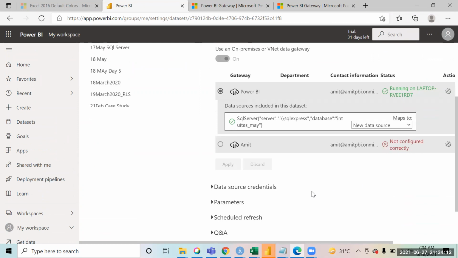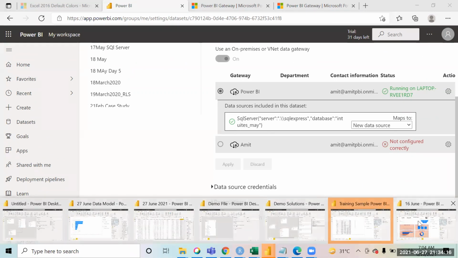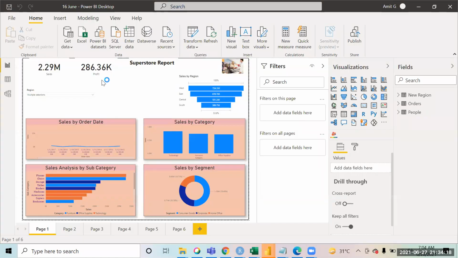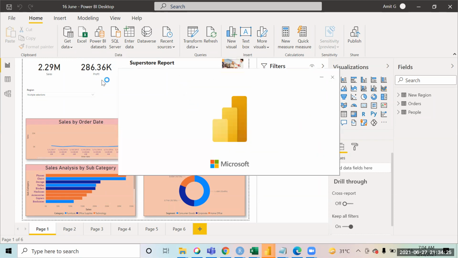You can try this out, right? In fact, this is a good thing. What you can do is make a new report, open a fresh new report, and make that report with the SQL Server data, right? Because you all already have SQL Server installed with you, you already have some databases with you, already set up. So you can just take that up and get a report from there. I'll show you how we do it.